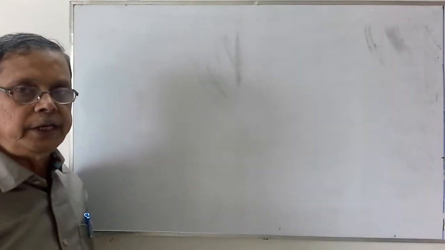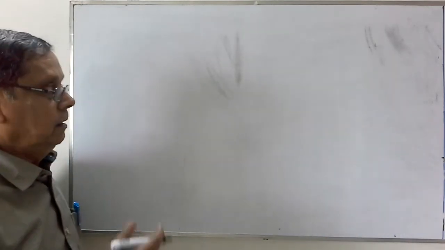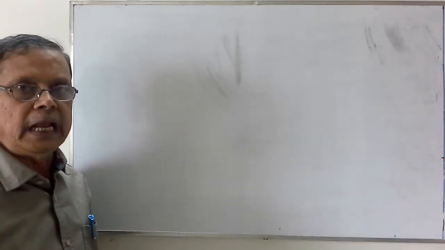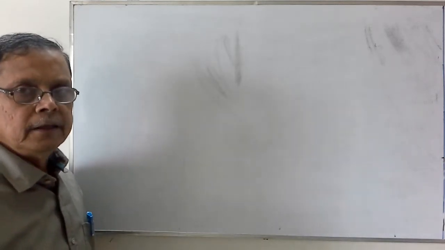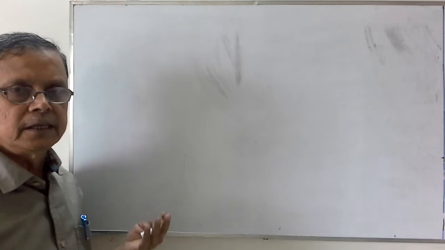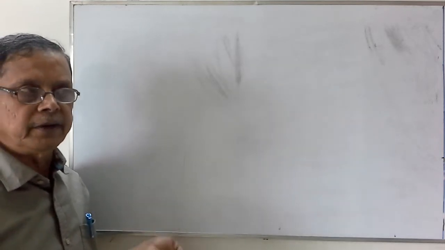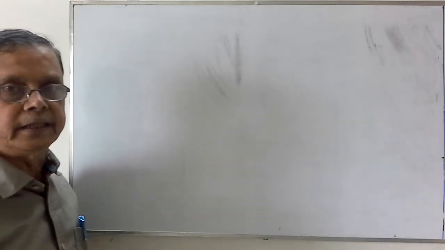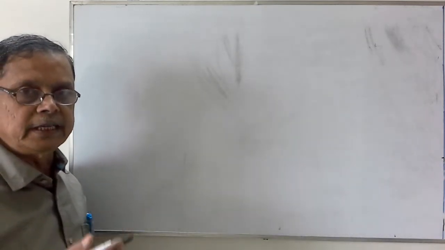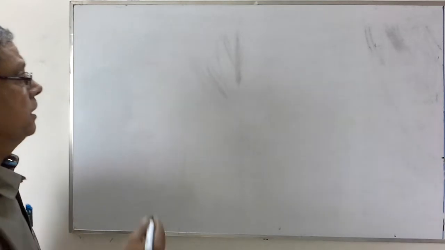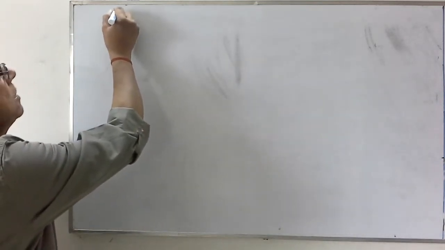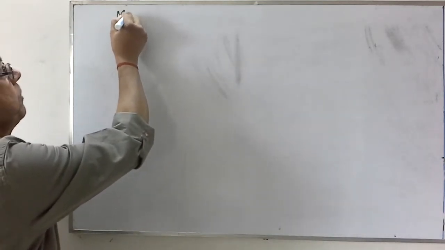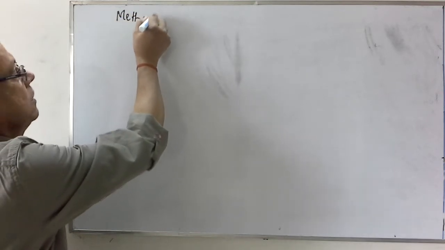So in the previous video we have seen the general information about the alkyl and aryl halides. The classification of the alkyl halides is done in two ways, depending on the number of halogen atoms and the nature of the carbon carrying the halogen atom, like primary, secondary and tertiary. Now let us go for some general methods of preparation of alkyl halides.